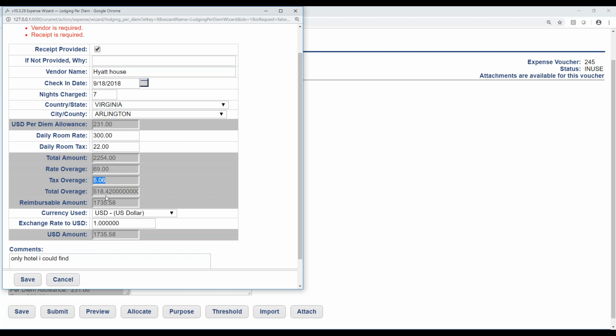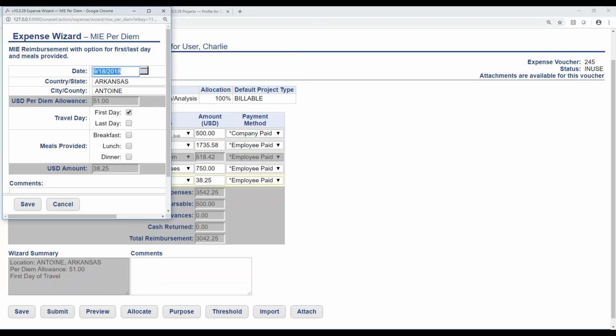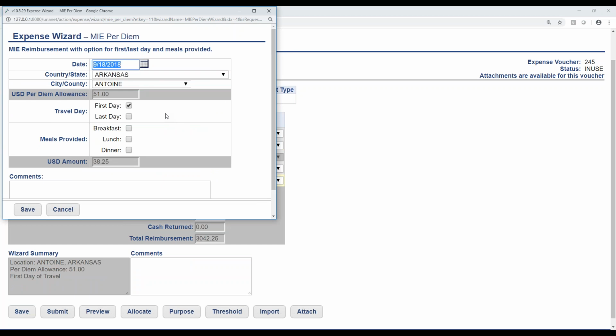You can just have a lodging entry as well, and then we wouldn't separate an overage, and that's true for both the lodging and the MI&E. So you can go in here, and MI&E stands for meals and incidental expenses, pardon me. Same thing, user will select where they're going. The per diem will come in right here. If it's a travel day, GSA says there's a certain allocation that would be decremented right here. Same thing if you're attending a meeting and let's say that they provided breakfast, it will decrement based on the allocation that they've determined for breakfast.